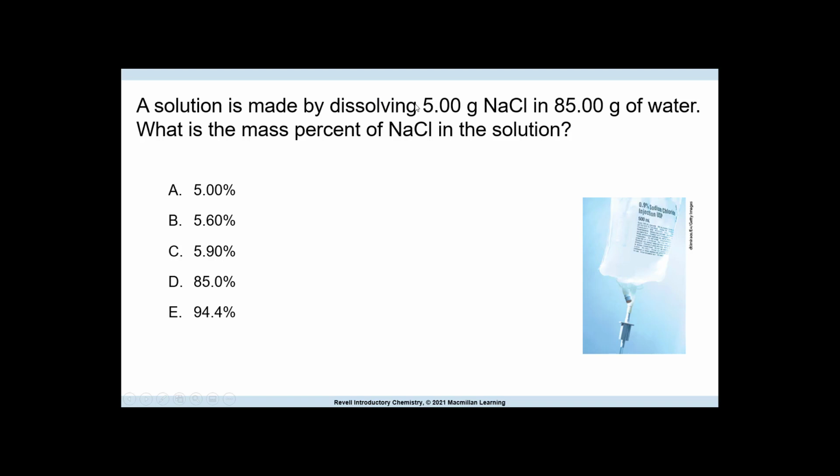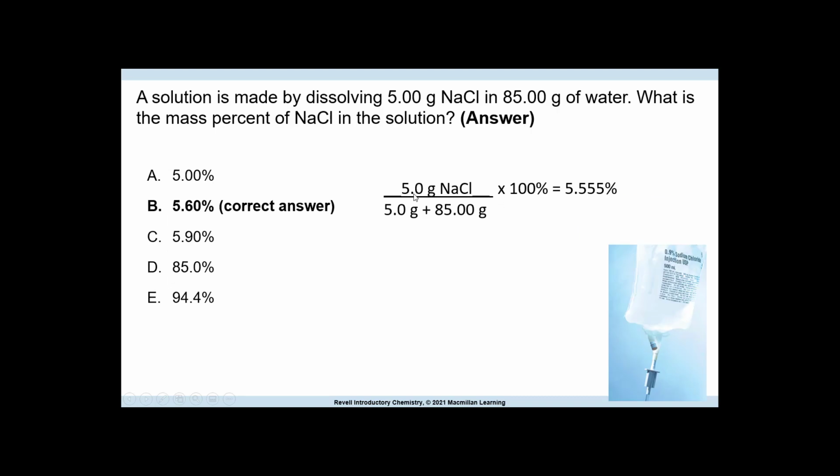So this is a solute, excuse me. This is the solvent. This is bigger. However, a solution is made up of both of them, so we need to add this and this on the bottom. If you did just this, it would be wrong if it's a solution. So the 5 grams is on top, 90 is on the bottom, times 100, and it gives us 5.55, and then we round with the correct,